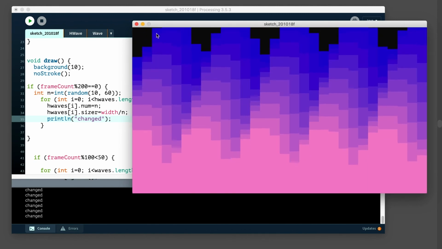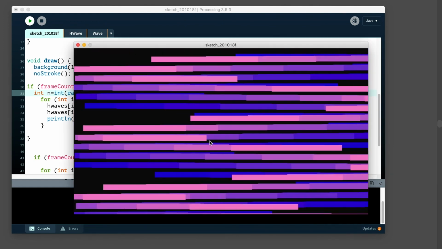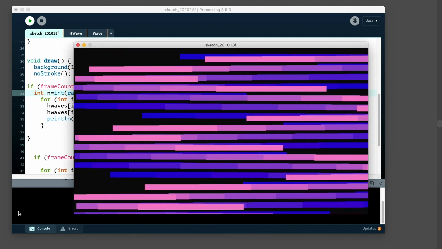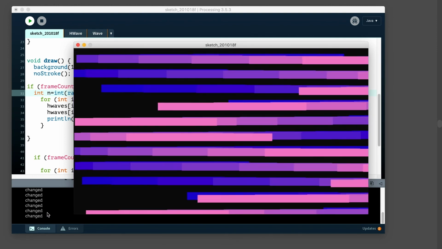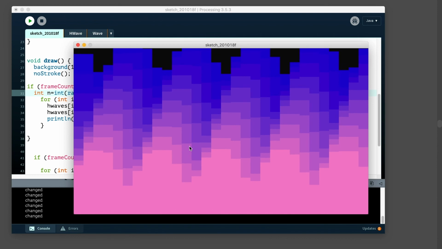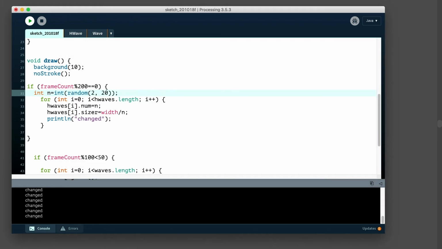That one's bigger. I'm just monitoring this, and it says it changed. So look, it changed a little bit. Yeah, so it's changing sizes.